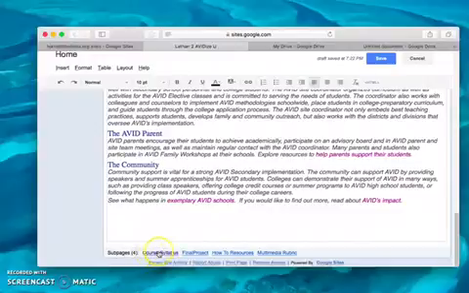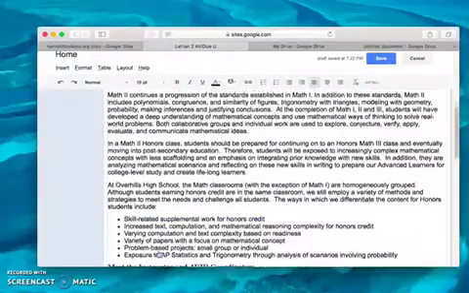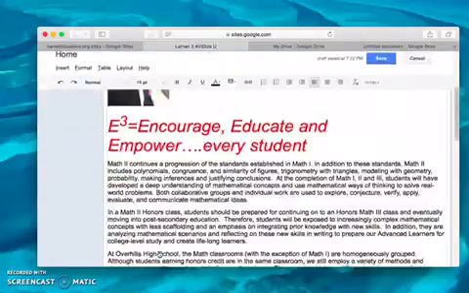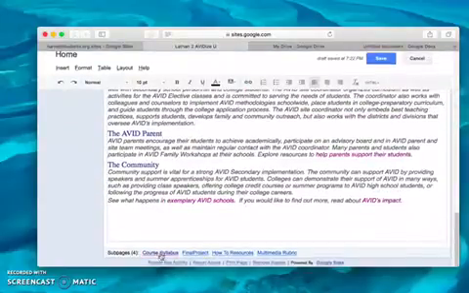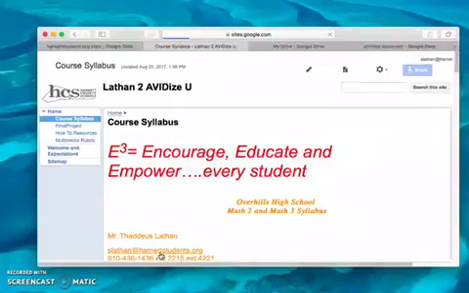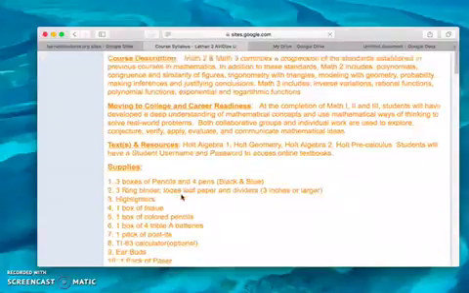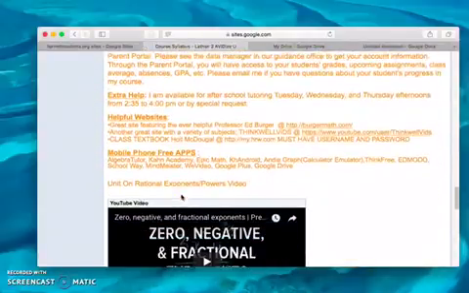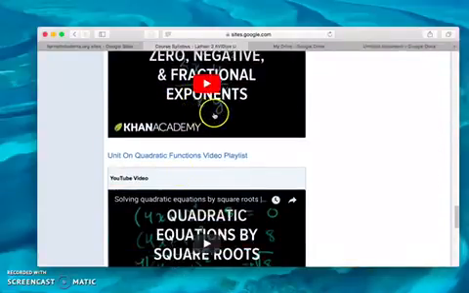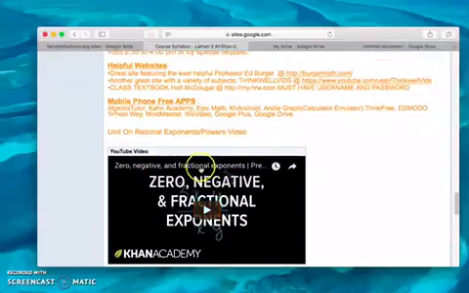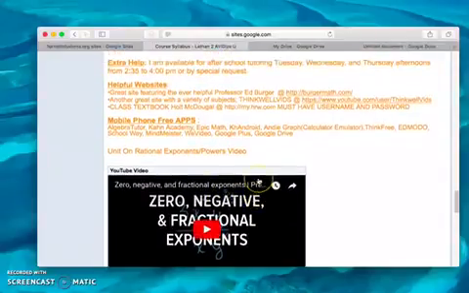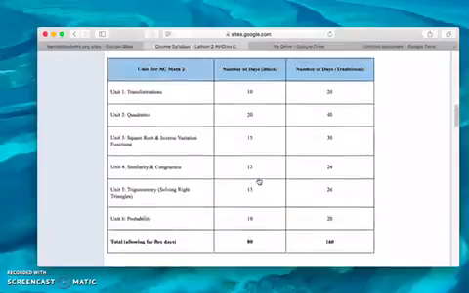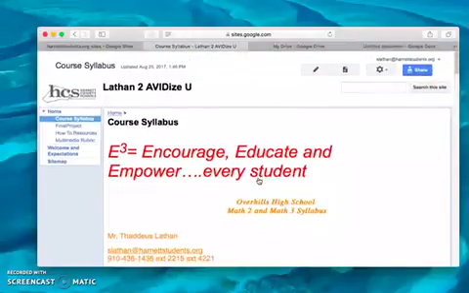Now, also, if you note down here, those tabs, which are subpages, are also down at the bottom here. And I can switch locations by going there. And here's my course syllabus. Again, all of this was copied and pasted in here. I even embedded these videos from YouTube. And you can figure out how to do the embedding by looking at a subsequent video that will follow